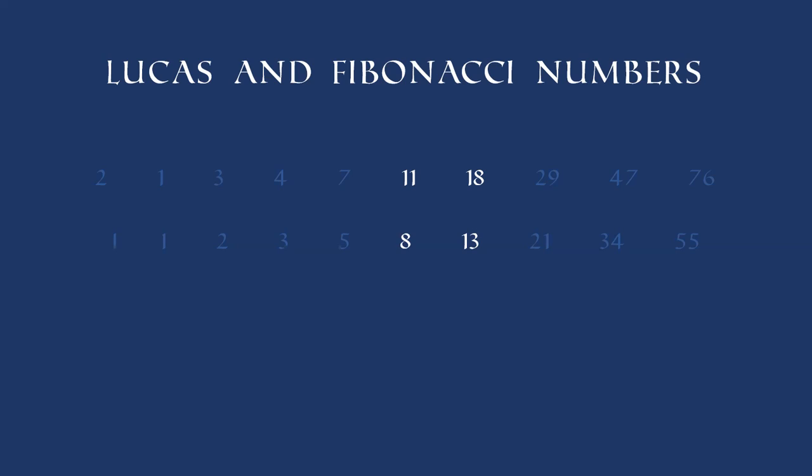Now, I'm going to focus on these 2 numbers, the 6th and the 7th number from both of these sequences. And I'm going to color those 2 red and the other 2 green. The red ones are the mercurial color and the green ones are the Venusian color. Now, if we multiply 8 by 18, we get 144. So there's that number, the amount of time it takes for Mercury to get to that particular 7th stellation within the star. Whereas if we do 11 times 13, we get the Venusian number, the amount of days it takes to get to that point in the star. So it's a really interesting numerical correlation.